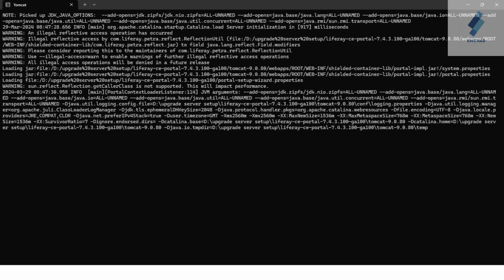The server will start and the upgrade process will also commence. After starting the new Liferay server, we can check the logs on the console of the new Liferay server. Wait a moment.